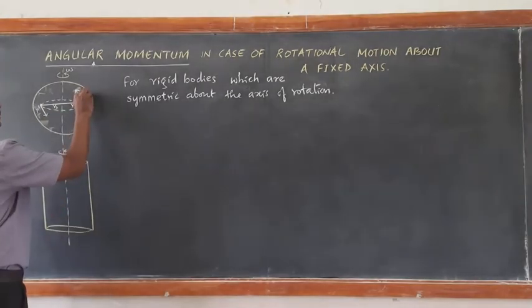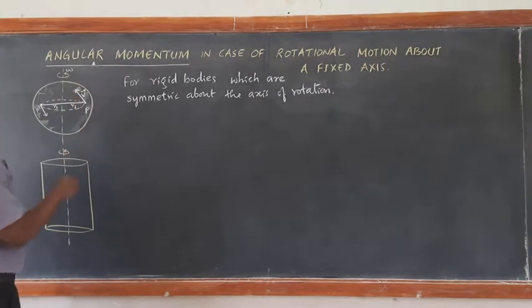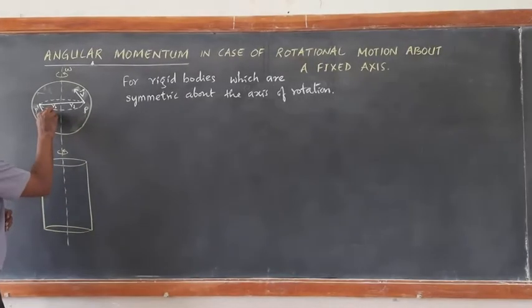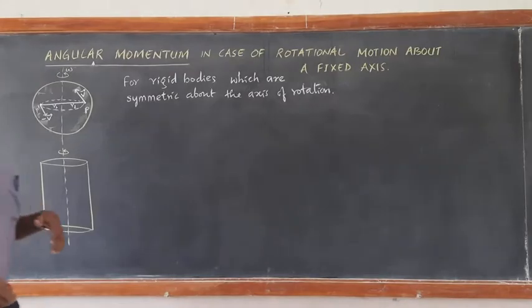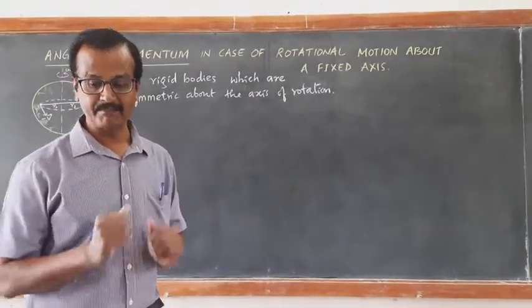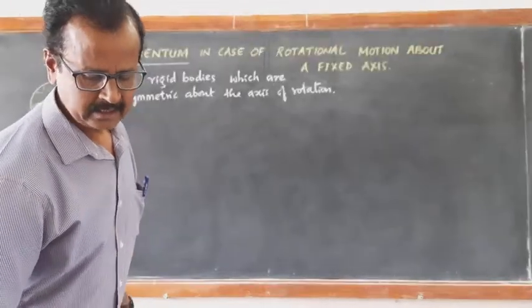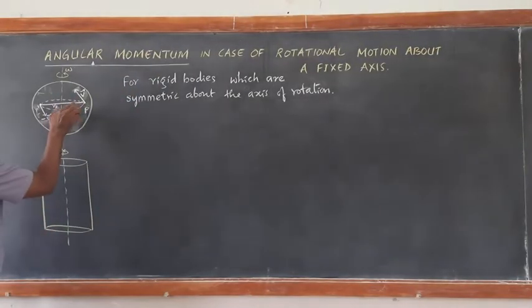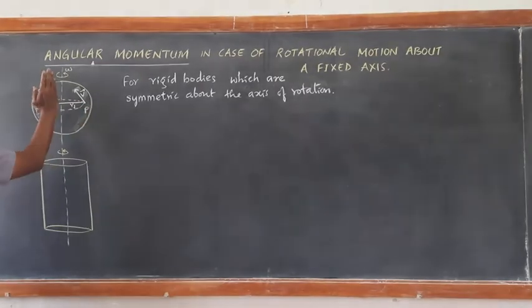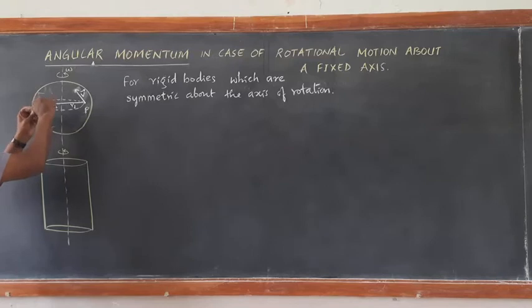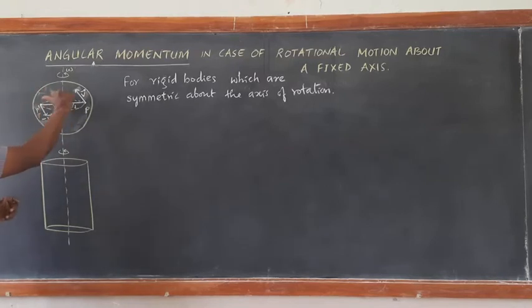So if it is having a v vector as the velocity, this will be having minus v vector. As a result, the L perpendicular component cancels. The L perpendicular component cancels, because if you calculate for this particle, the L perpendicular is here. If you calculate, the L perpendicular is towards the left side.